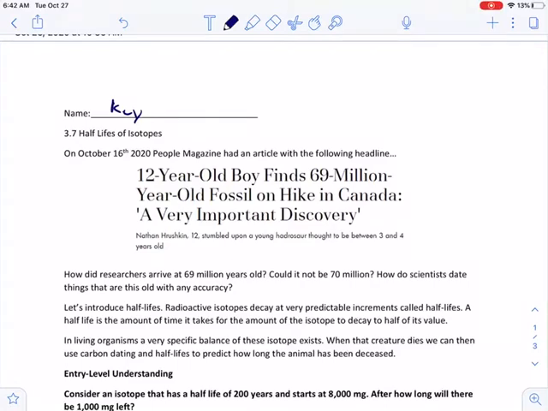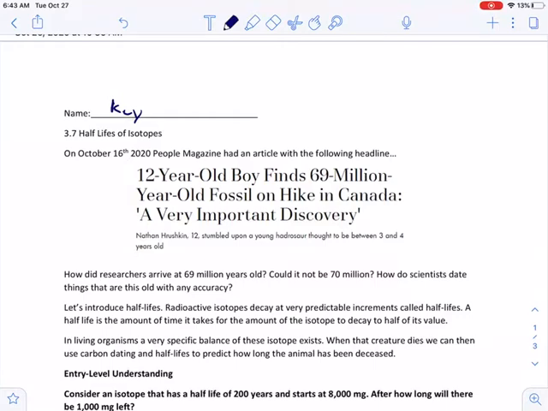Hey everyone, today we are going to take a look at an application of exponentials which is used commonly in chemistry, and we're going to launch this from a headline that was recently in People's Magazine. So it says a 12-year-old boy finds a 69 million year old fossil on a hike in